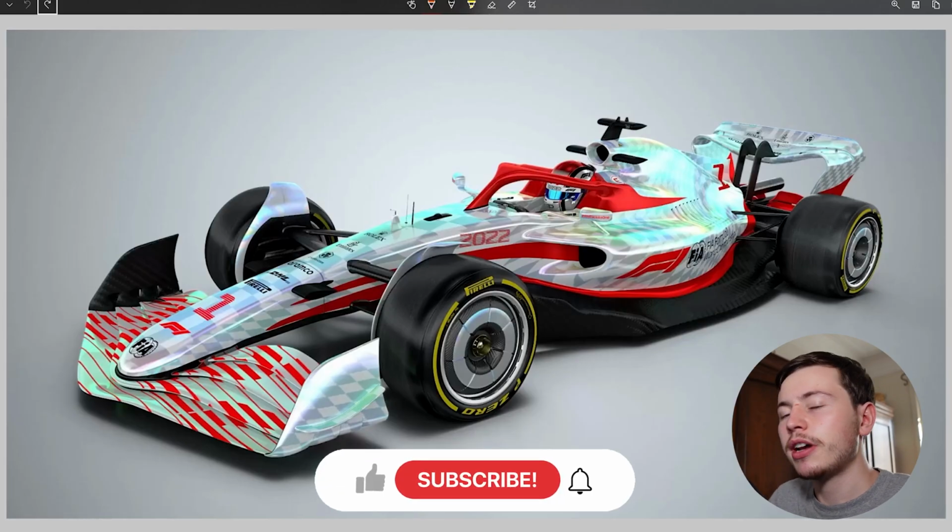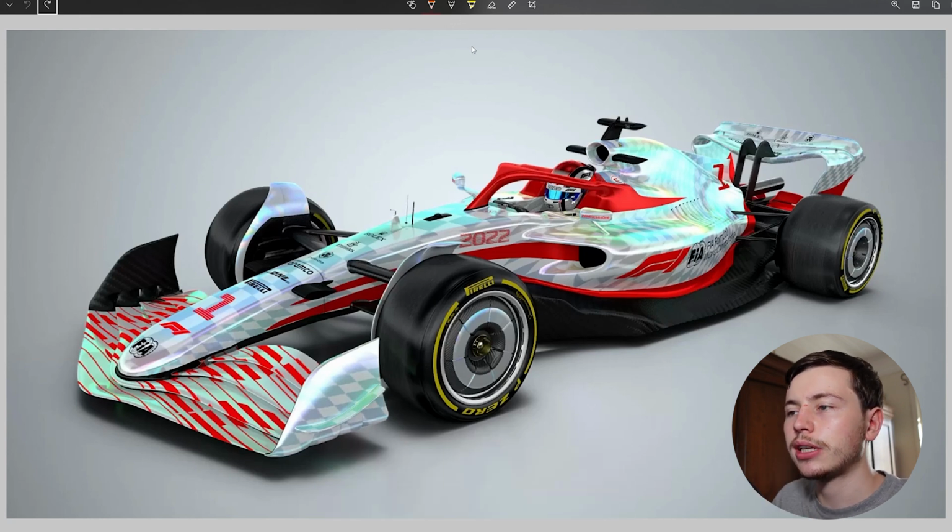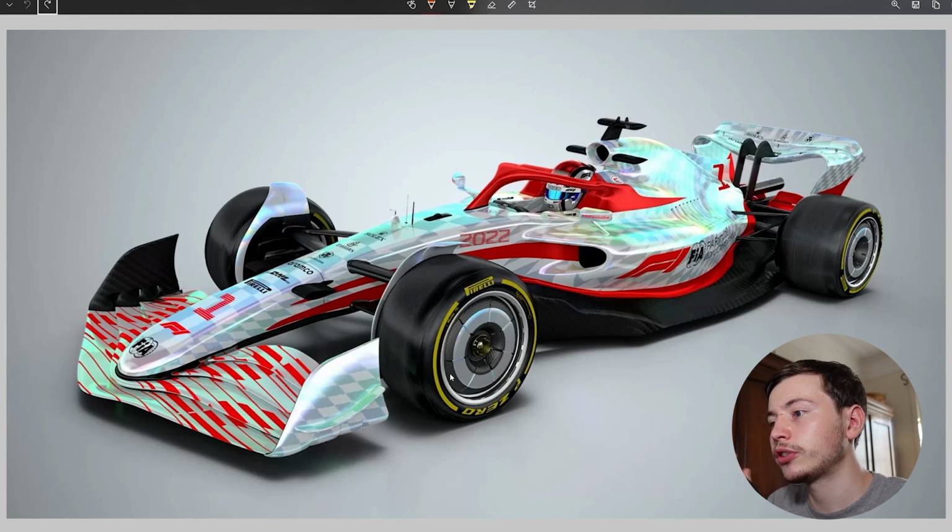So on my screen right now you can see the new model that Formula 1 just showed in Silverstone, and it has actually a few major differences and some things we didn't talk about last time. So firstly, for context, this car is about the same size, so about the same length and the same width as a current spec 2021 Formula 1 car. It may look smaller, but that's just your brain fooling you with the wheels and the size of the front